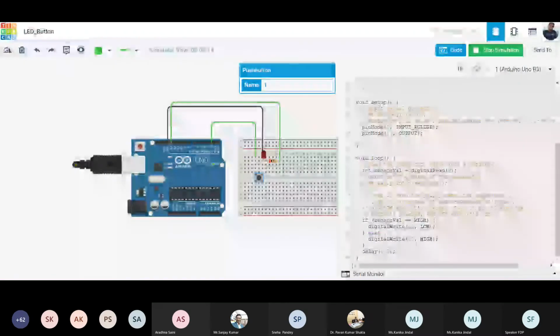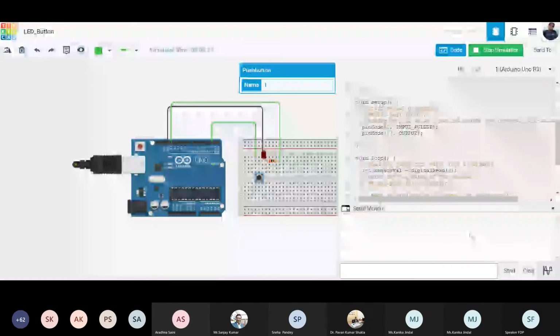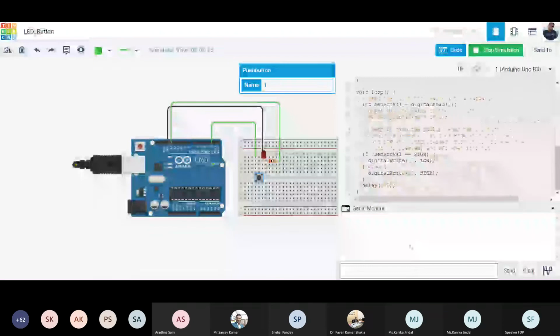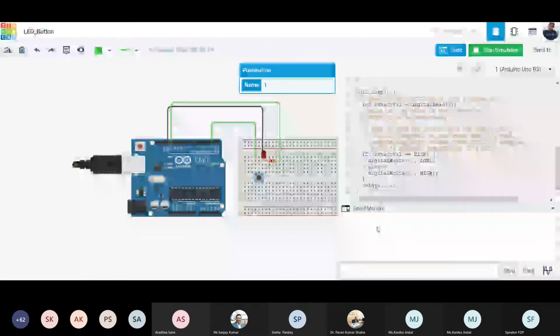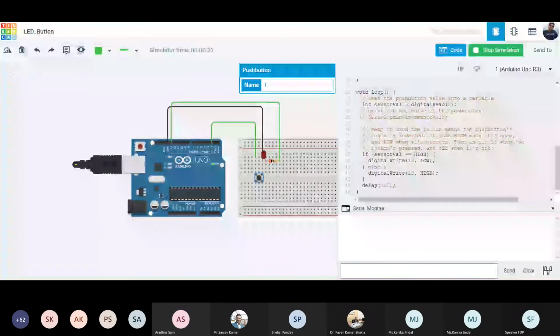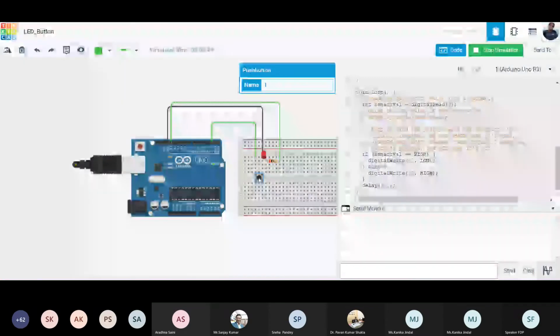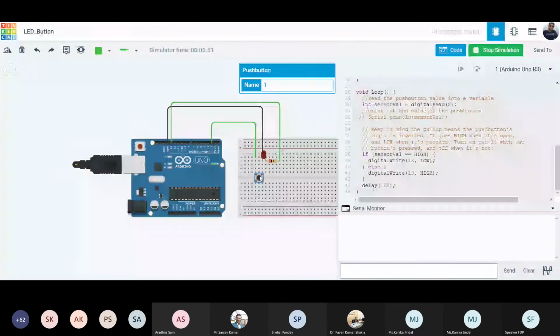Just try this. Here, a serial monitor is there. Click on this serial monitor. No output is there. It is a display. Okay. You can use this serial monitor if you are connecting your Arduino Uno with a computer. Right now we are doing simulation. It means we are on a laptop or a PC, so we can use serial monitor as well. So now what will happen, there are two things. When we click here, you get the output, meaning on a button click the LED is on. Okay, also that the value is printing on a